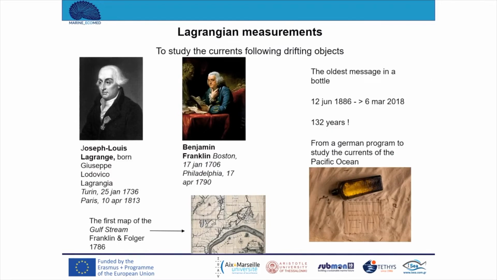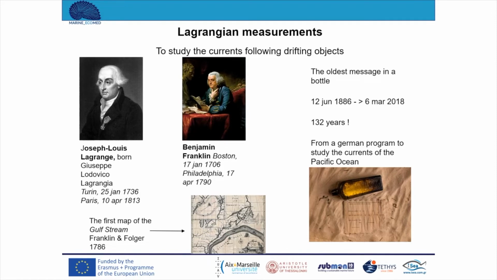Naturally, satellite measurements and numerical models have to be validated by in situ measurements, and a particular kind of these measurements is the Lagrangian measurements. The concept of Lagrangian measurement is to study the current following a drifter object. The name Lagrangian comes from Joseph Louis Lagrange, a French-Italian researcher that developed this method